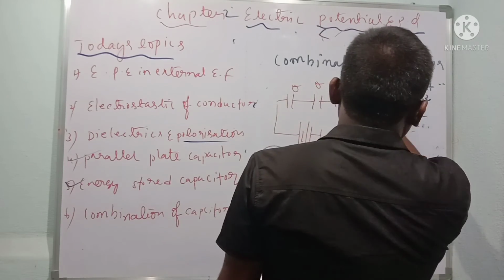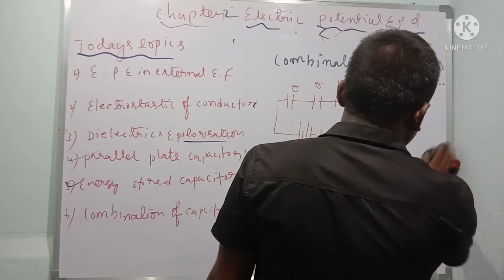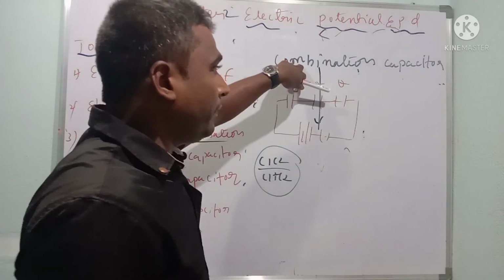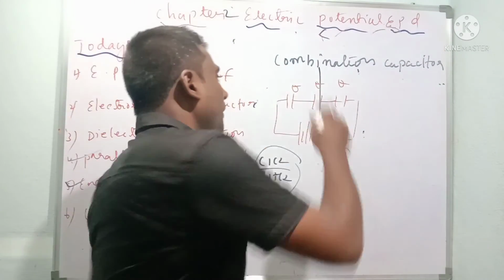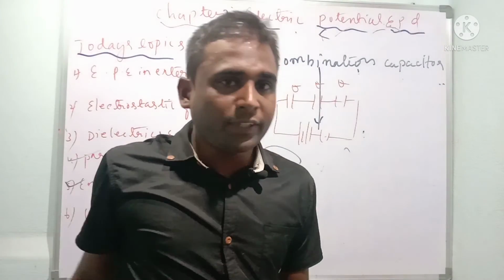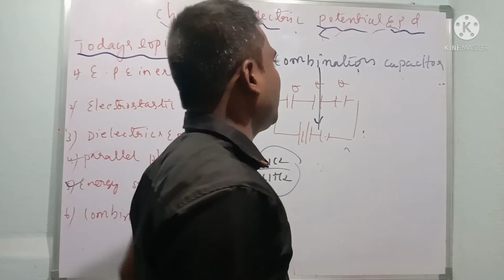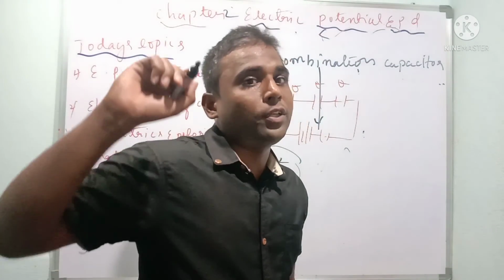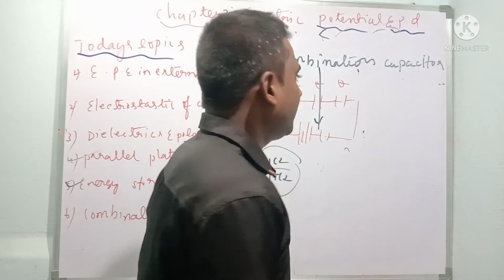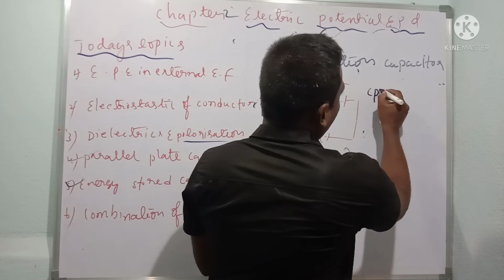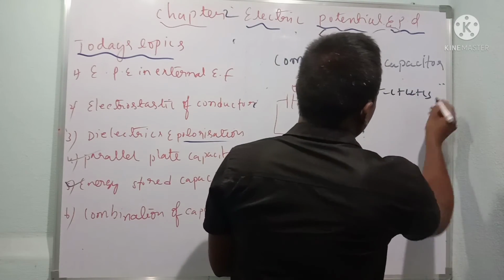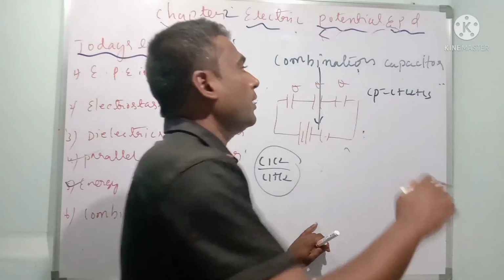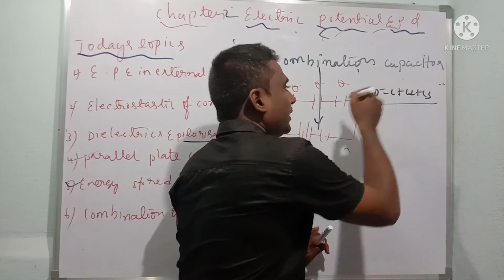Now if I connect these things in parallel, directly the vertical position I am going to keep. In the previous case, charge is the same, and potential difference is the sum of all the potential differences. If it is parallel, what is going to happen? Potential difference is the same and charges are going to change their values. Remember. Directly I get the expression Cp is equal to C1 plus C2 plus C3.